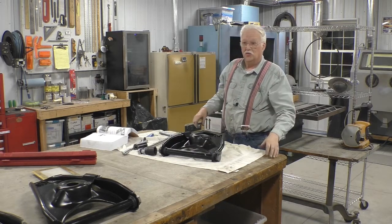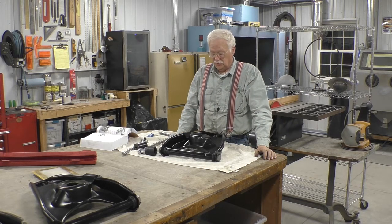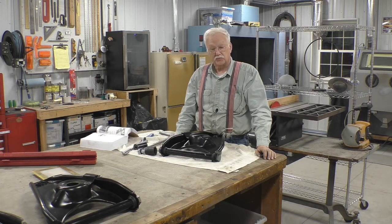And that's how you do steel threaded bushings on anything that's got steel threaded bushings, but particularly a